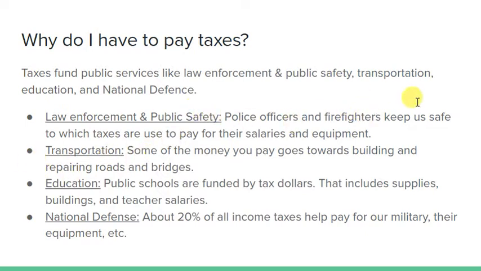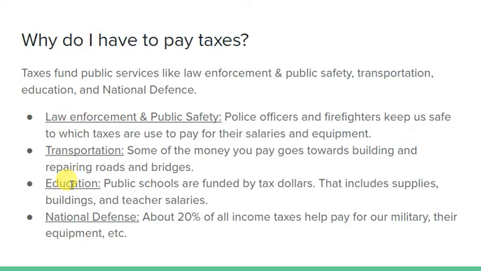Taxes don't pay for all their training though. Police officers and firefighters have to enroll in schools and pay for that themselves, so you're not paying for that. Transportation is not what you think. It's not cars or anything like that. It's money that goes towards building and repairing roads and bridges. A couple of states don't get this tax from the government because they don't have laws that the government's okay with. I can't recall the one off the top of my head, but there's a state with a legal drinking age of 18, and so the government will not use any transportation tax to repair their roads, so the roads in that state are not particularly good.